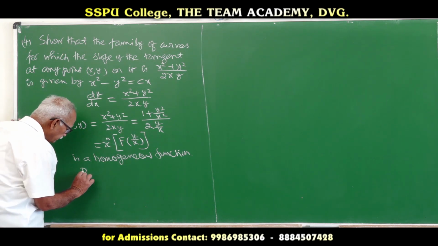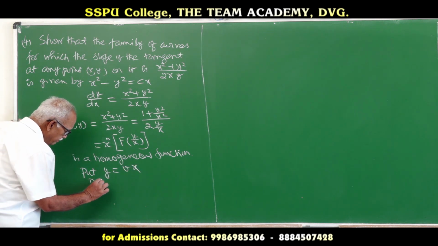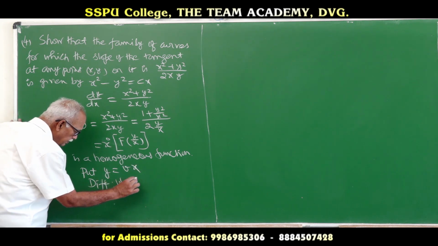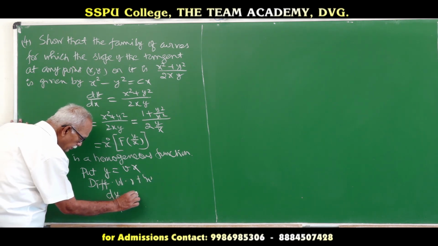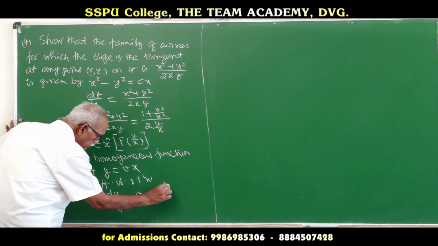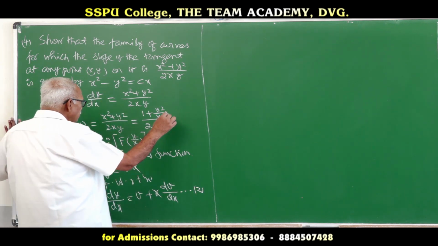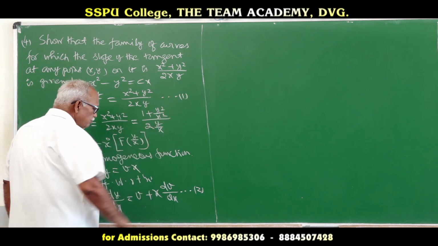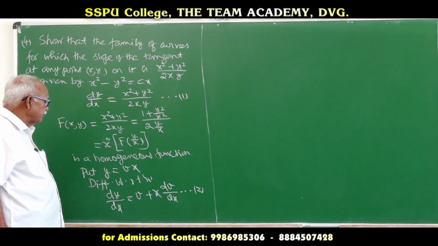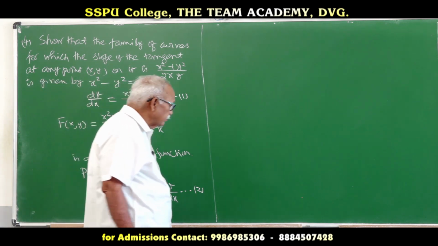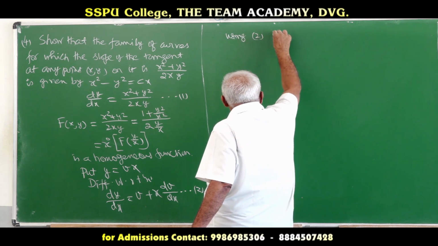Put y is equal to vx. So, differentiating with respect to x, what do you get? dy by dx is equal to v plus x into dv by dx. So, keep this as equation 2, and the given equation is equation 1. So, use the second equation in the first equation. So, how to get it? Using 2 in 1,